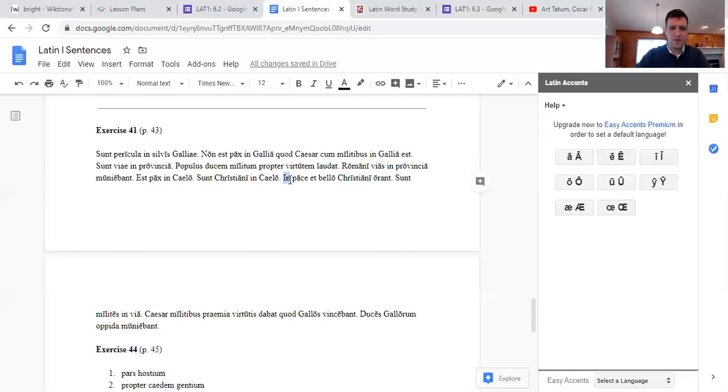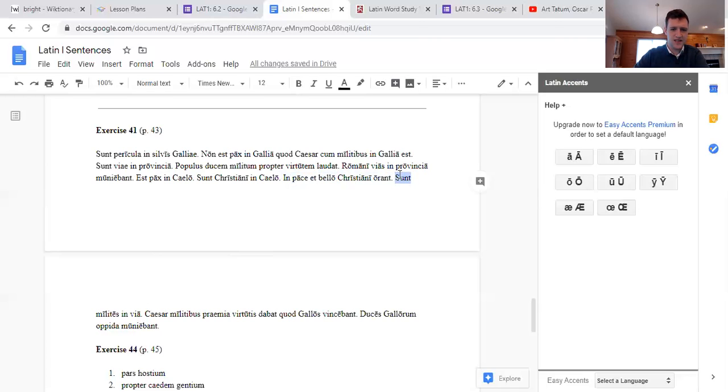And now we have really two separate prepositional phrases, but they're being governed by one preposition. It's going to translate as in peace and war. And that's fine to do in English. You don't need to say, if you don't want to, in peace and in war. You just have one preposition governing the whole thing. That's what's going on here. So we've got in, and then pace, ablative singular feminine, third declension, and bello, ablative singular neuter, second declension. And they're just joined by a conjunction. So the Christians pray in peace and in war. Okay?